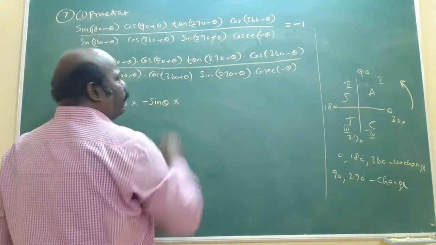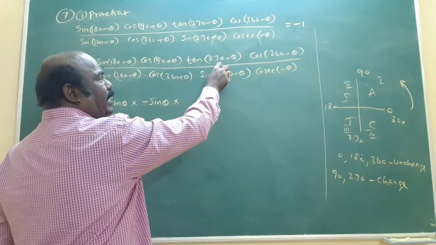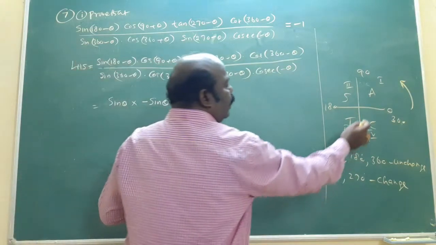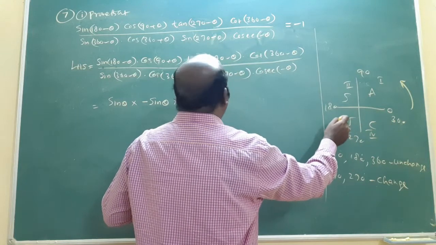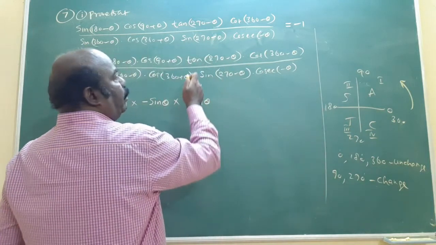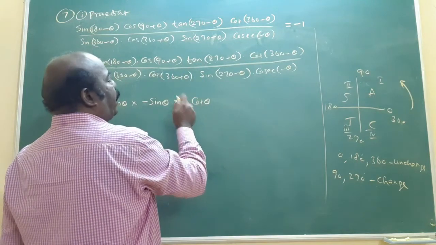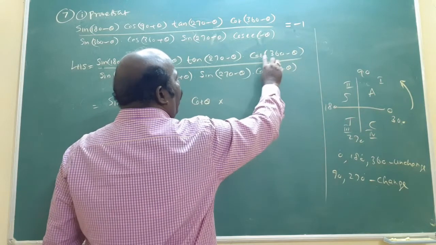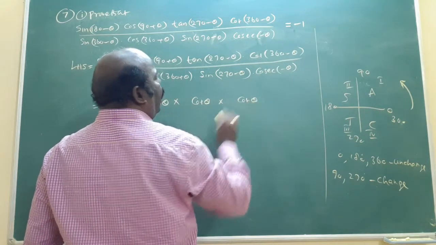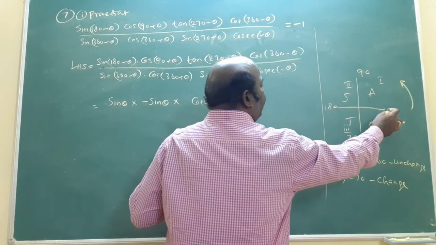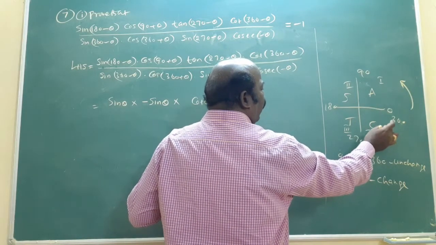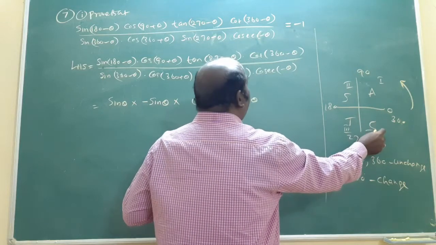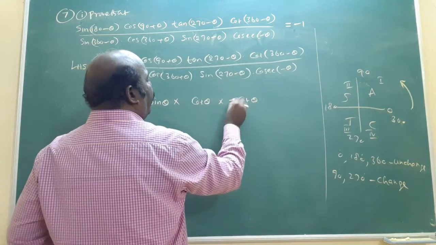Into tan of 270. Again 270 means change. But tan becomes cot theta. 270 minus, before this one is third quadrant. Tan is positive. Already cot is tan, need not put any sign. Last one is 360, unchanged. Cot becomes cot theta. 360 minus something means fourth quadrant. Only cos is positive, but here cot is there, that's why minus.